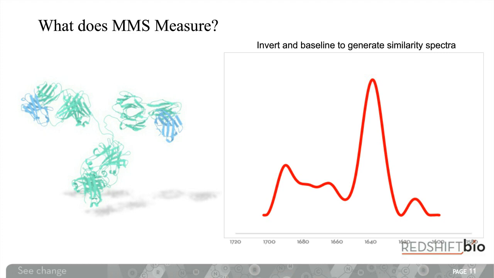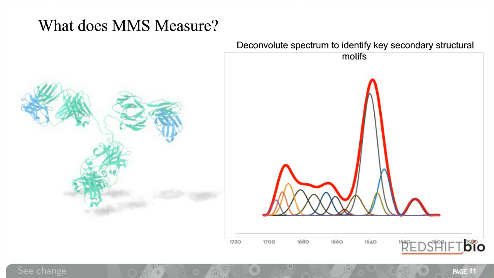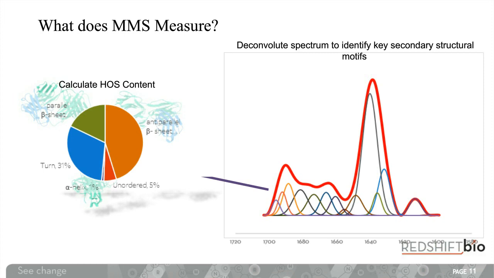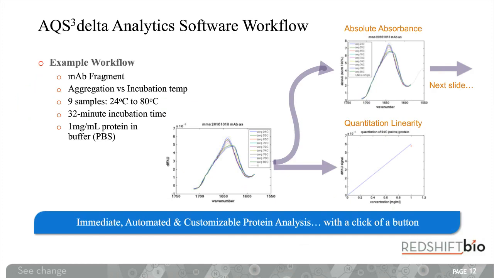We then use least squared regression fitting based on models that are from the literature that correlate different signals within the amide-1 band to different secondary structures within your proteins, and very simply output this as a bar chart to provide you with percentage values on the amounts of the different kinds of secondary structures that are present within your sample. This information is output as a series of plots or graphs that can be simply copied and pasted into other programs, and also as a data table at the bottom of your data set.